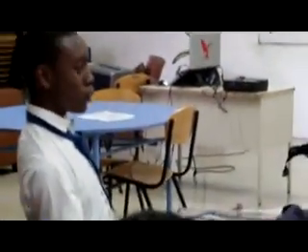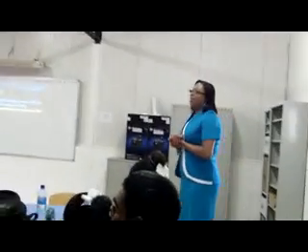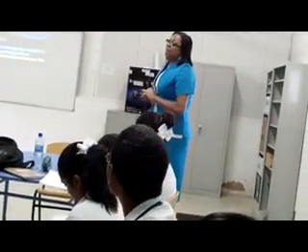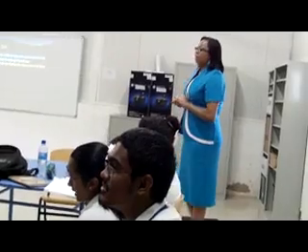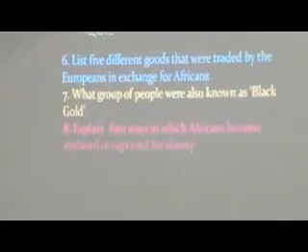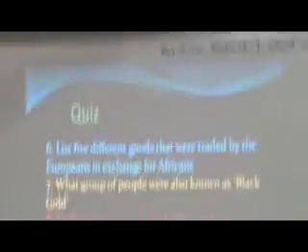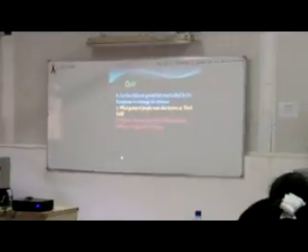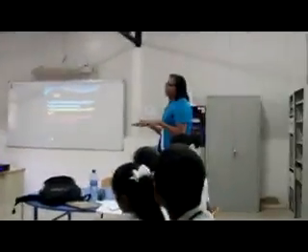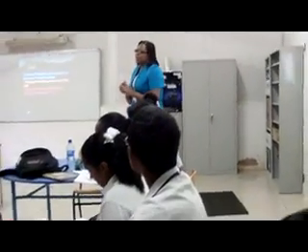You all going to give them a round of applause. Alright, Alex, your team, you all ready? Next question. I saw Okira and Kanisha's hand right up first. Okay, let me read the question and you answer. Explain 4 ways in which Africans became enslaved or captured for slavery. Now, think about your answer first. Don't just say kidnapping and leave it at that. But think about it, right?